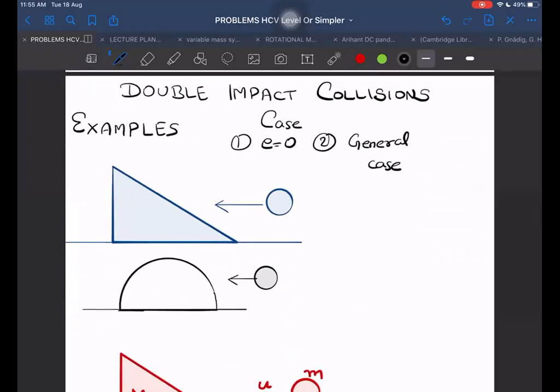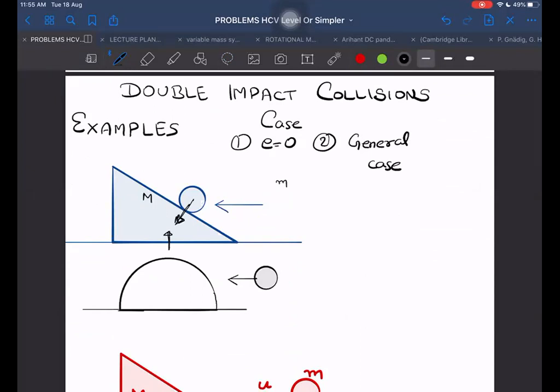Next case, we have double impact collisions. So when this mass collides with this wedge, how many impulses are acting on the wedge at that instant, during the collision? If I bring it close to this, then one impulse acts along this side, along the normal. And from below also it will be impulsive normal. So two impacts will be felt.